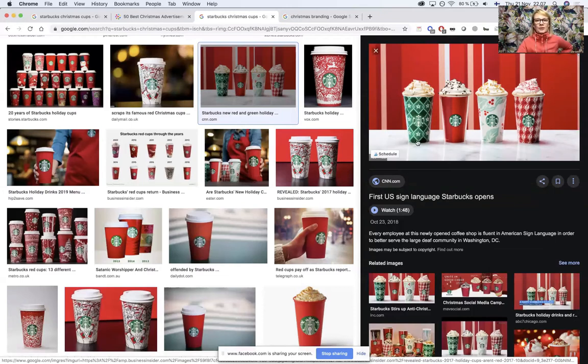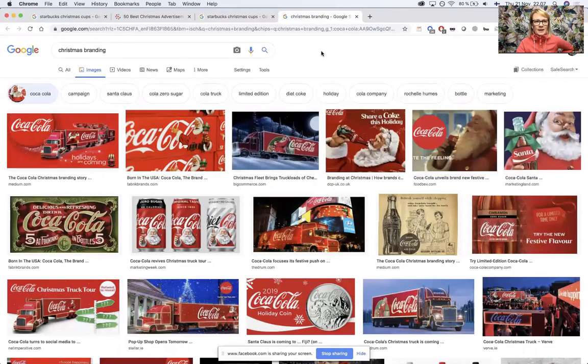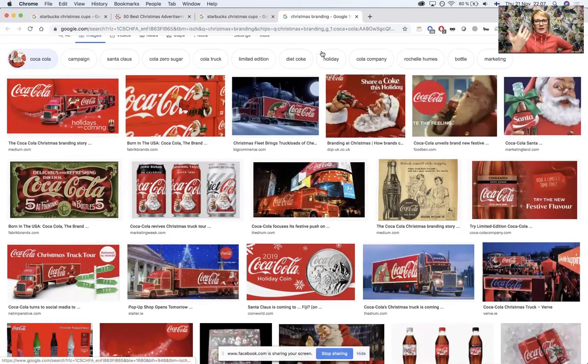So let me show you other Christmas theming. Coca-Cola is famous for Christmas. I think I've heard somewhere that Coca-Cola is the one that brought the jolly red Santa Claus to us, that before that Santa Claus kind of wore different clothes and looked a little different. Even if we look at Coca-Cola here, Coca-Cola's signature color already is red, and they've brought in this Santa Claus figure here.